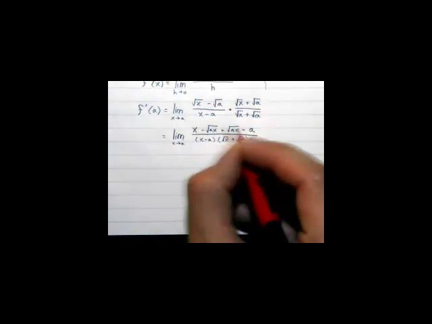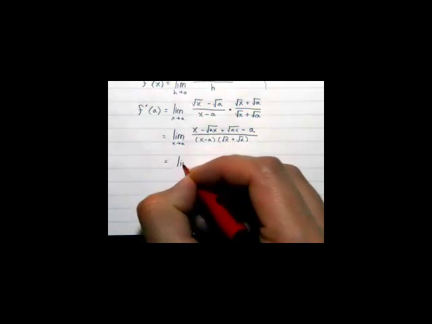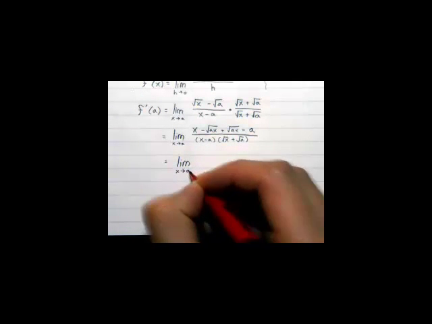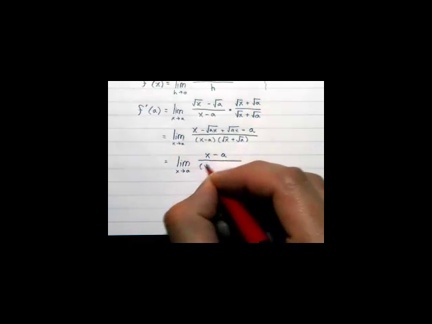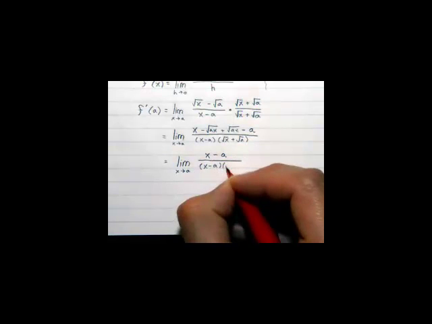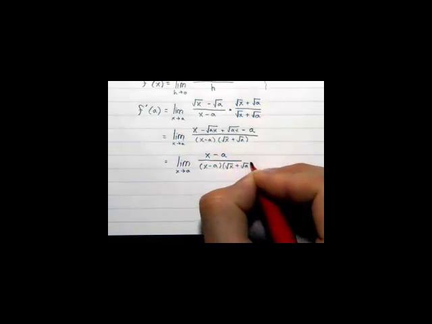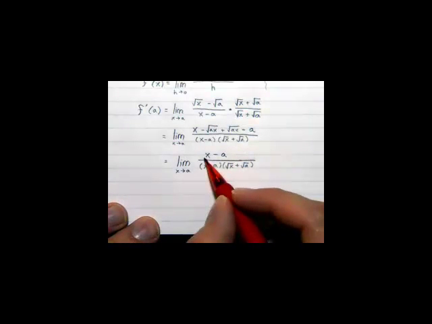Okay, but everybody with me so far? Just distributing the top, not distributing the bottom yet, and canceling stuff out up there, I'm just going to have x minus a left over. And then on the bottom, x minus a times square root x plus square root of a. What do you now notice? You've got a factor that cancels, and in fact, it's that x minus a factor, which is the one we kind of wanted to get rid of, right? So that we can actually try substituting that a in there. So with both of those gone,